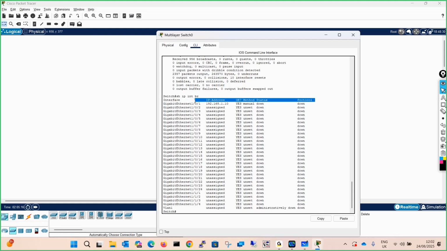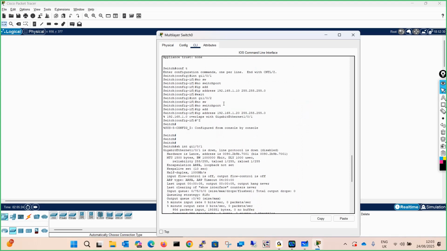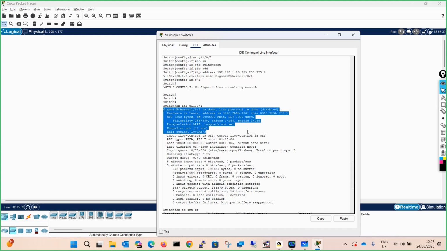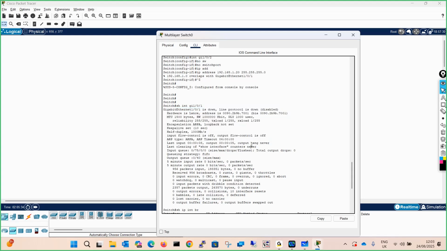It says that interface Gi1/0/1 has the IP address 192.168.1.10. But can anyone find the IP address of this port over here? No. In a router, when you configure, you can see the IP address; I will show you that later.